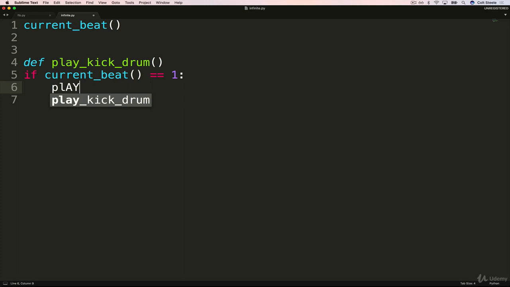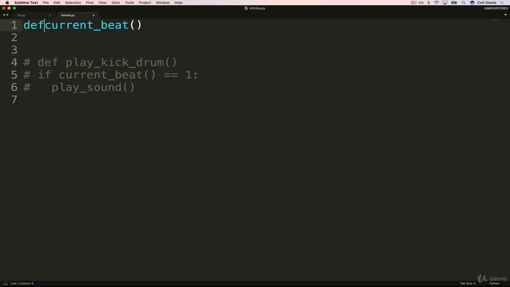Of course, this code won't work. We don't have any audio set up. But if this is what we had, current beat needs to reliably return 1, 2, 3, or 4, and then repeat. All that is just setup for what I'm trying to show you. If we defined a function called current beat, how could we have it return a single number, but every time return a different number, and then start repeating? We don't have a way of doing that.